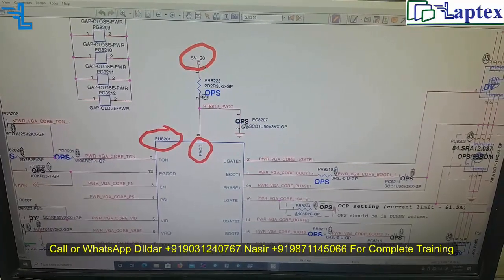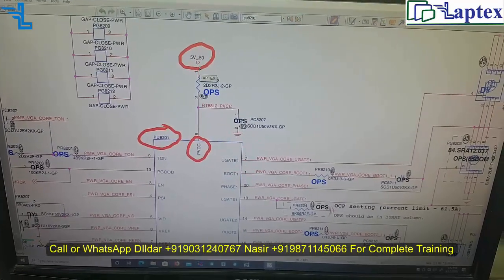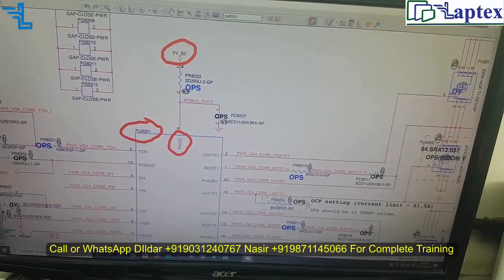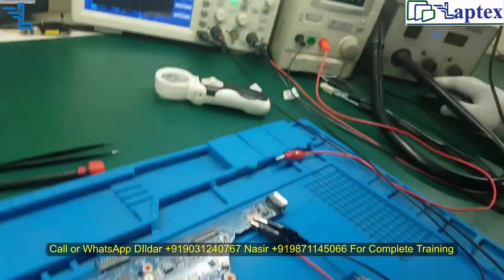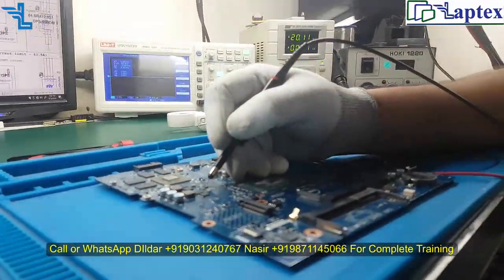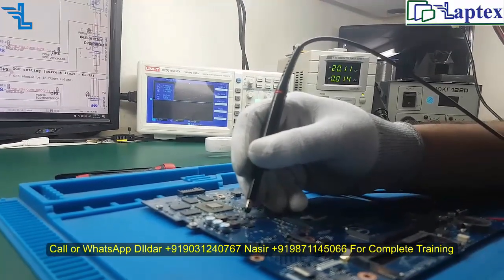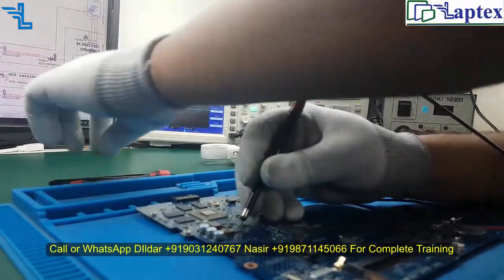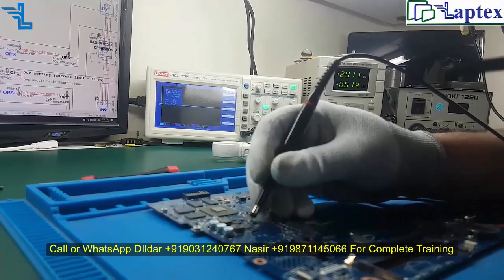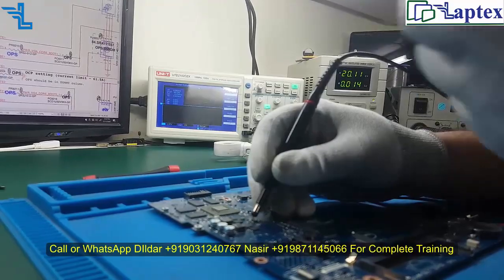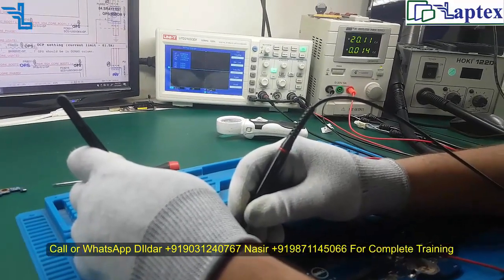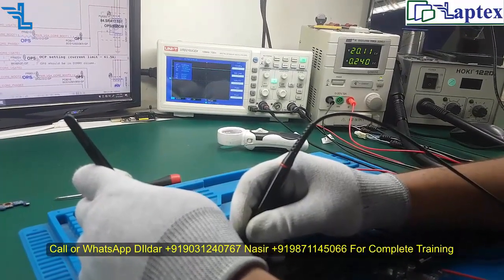So this is the thing which we will discuss in our video class. This is the voltage we need to check first of all. So we need to check pin number 18. Here is the pin 5, 10, 15 and 18 on the capacitor. As I have told you, it is the 5 volt S0. You will always get this voltage after switching it on, when all the voltages turn on completely.